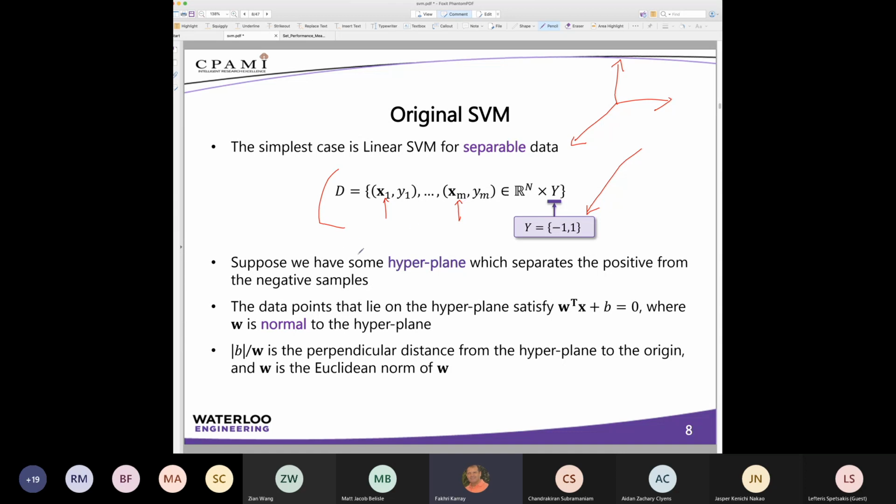So suppose we have some hyperplane which separates the positive from the negative samples. Okay, so we have 2 sets of data. The data points that lie on the hyperplane satisfy what is known as omega transpose x plus b. So this is similar to what we have seen. So let's take the problem of the 2-dimension state, which is the simplest type of model. And here we have class 1, and here we have class 2. Okay, so this particular